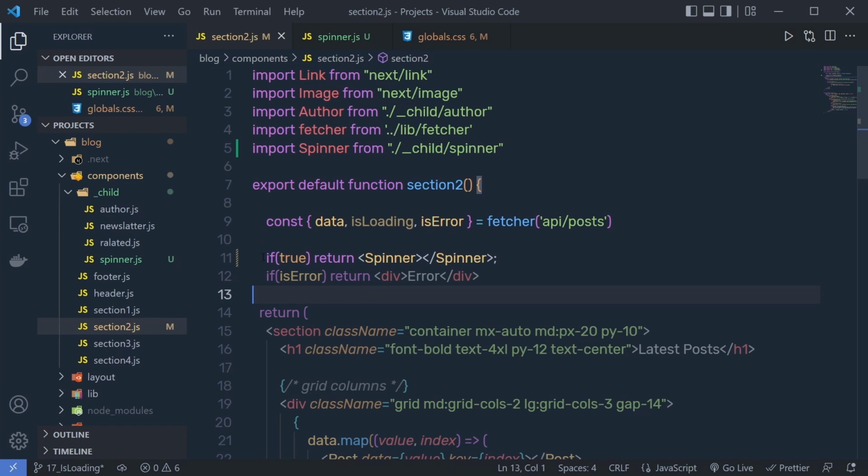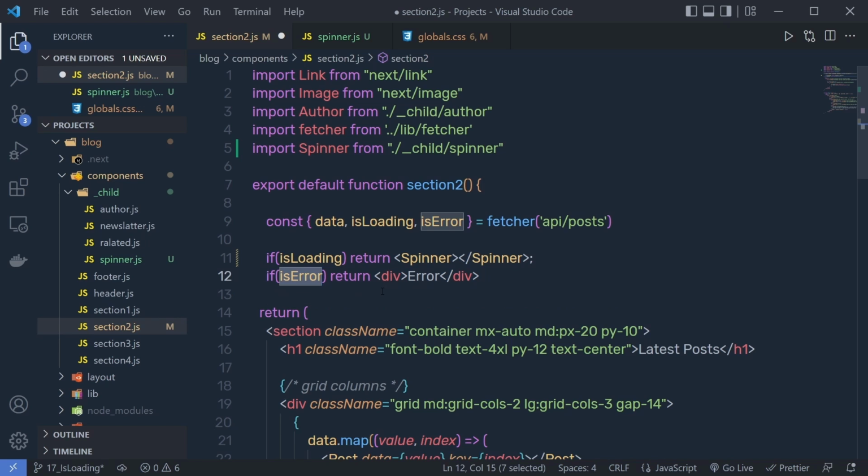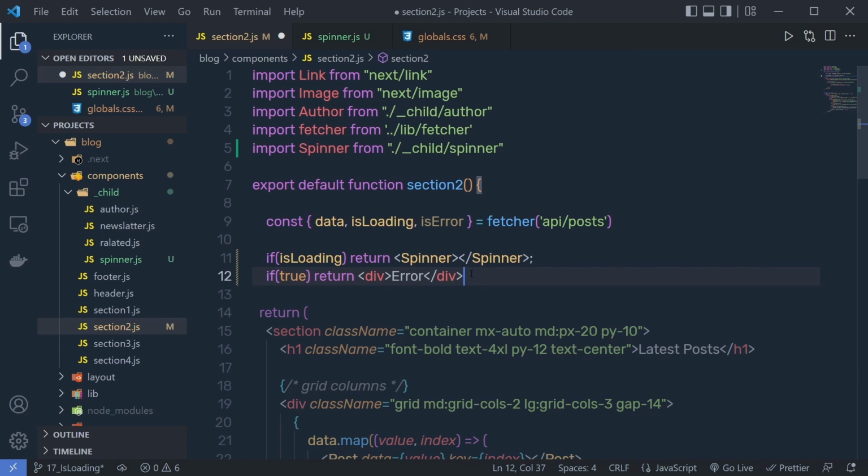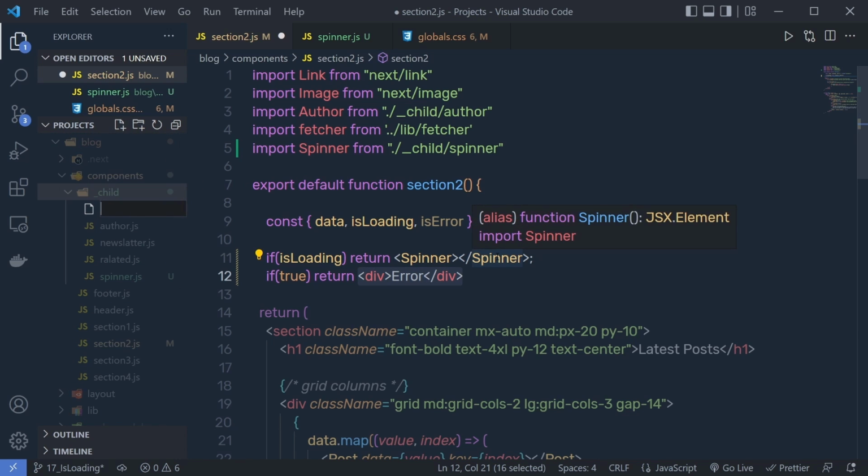So what we are going to do is, instead of this true, I'm going to specify here is loading, and I'm going to make this is error true. Now I'm going to execute only this division tag, but what I want, instead of this div, is to create my own component for the error as well. So inside this child, I'm going to create a new file and name this file